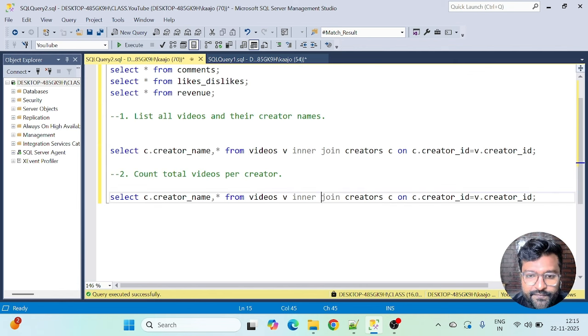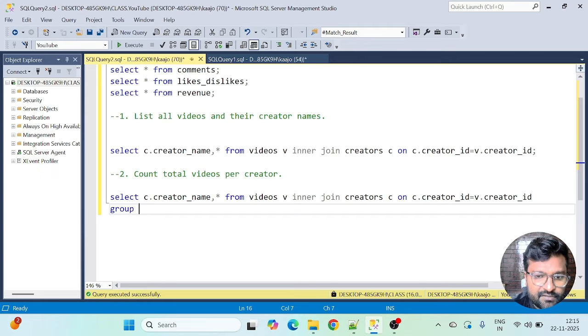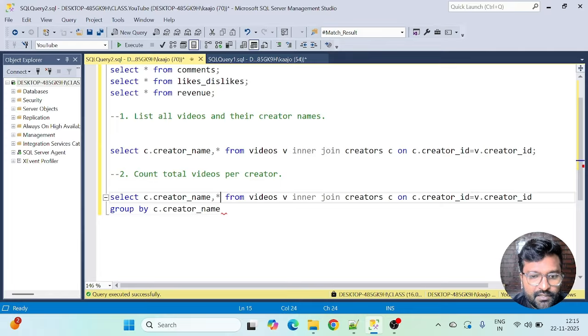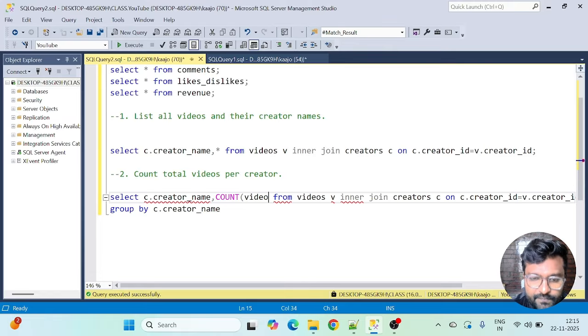So I think we can keep this query as it is, and let's also add a group by clause here because I need to get the creator name. So let's group by creator name, and because they are asking total count of videos per creator, we can take count of video ID, right?